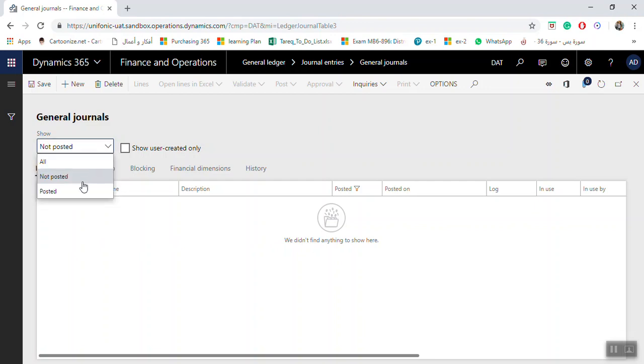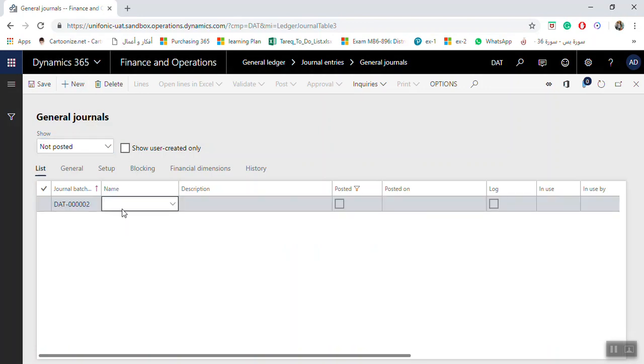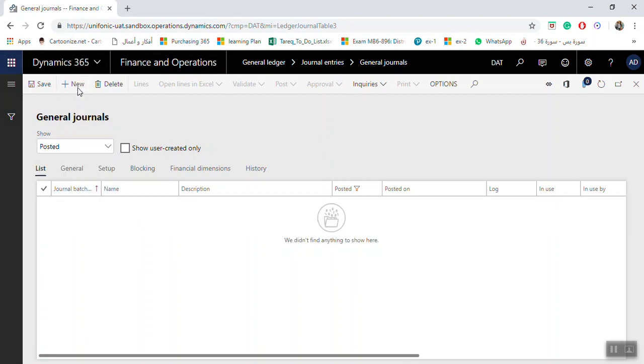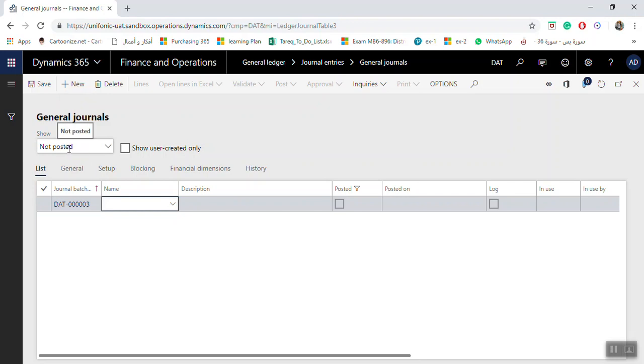The most important thing: if you click posted only, you will not be able to create new journals. But if you select posted and click new, change it to not posted in order to be able to create a new journal. Okay,